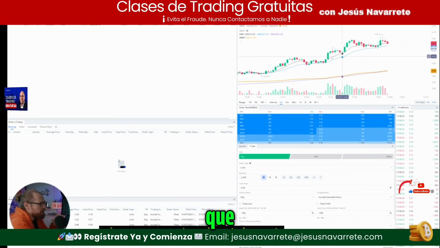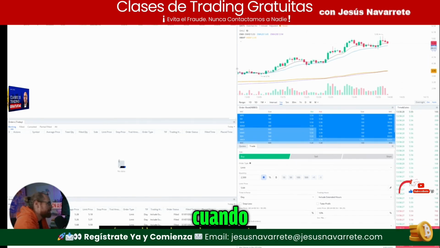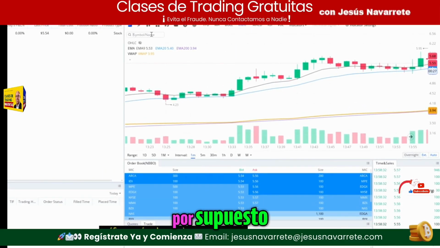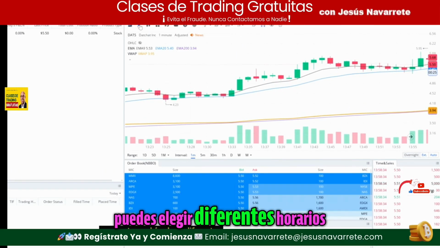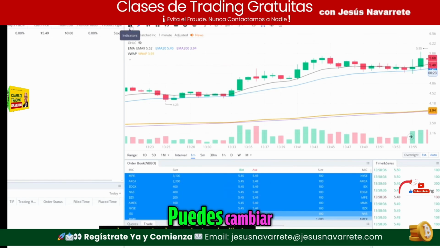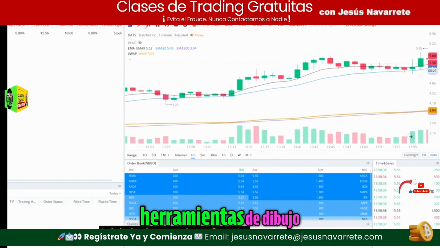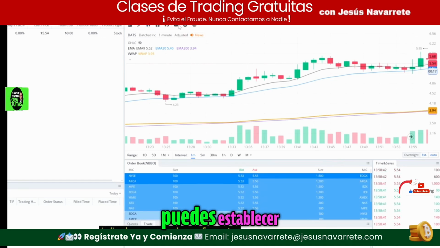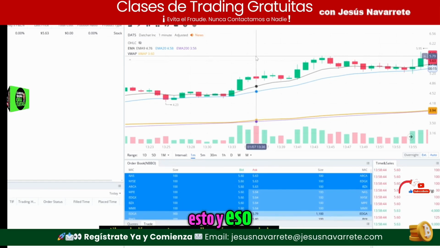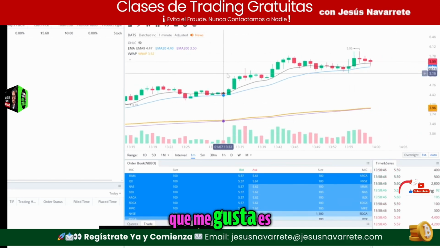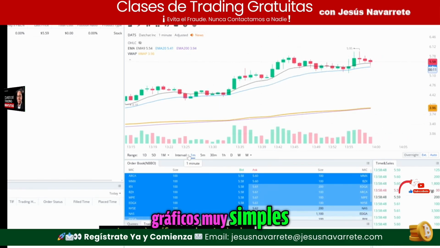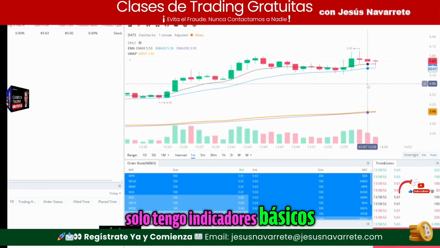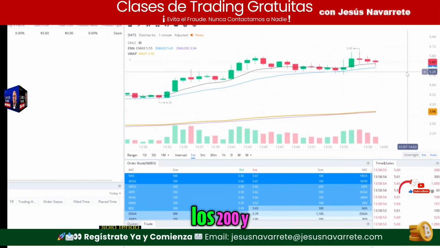Now, when it comes to the platform layout, I've got my chart here in the top corner. And of course, you could choose different time frames if you wanted. You could do your drawing tools and everything else. You could set up your indicators. You could set up your line styles, this and that. One of the things that I like is keeping my charts really simple. So I didn't make it super complicated. I just have basic indicators: the 9, the 20, the 200, and the volume weighted average